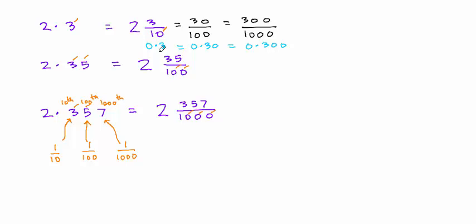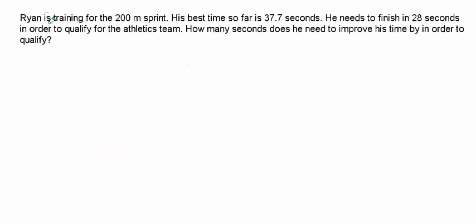Let's do a couple of word problems. Ryan is training for the 200-meter sprint. His best time so far is 37.7 seconds. He needs to finish in 28 seconds in order to qualify for the athletics team. How many seconds does he need to improve his time by in order to qualify? So right now he's clocking 37.7 seconds, but that isn't enough. In order to be selected into the team, he needs to do it in 28 seconds, and therefore he needs